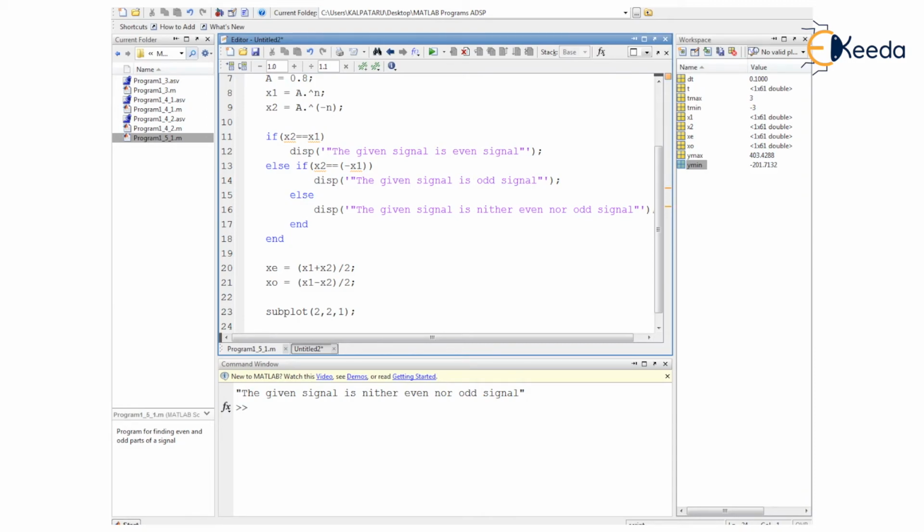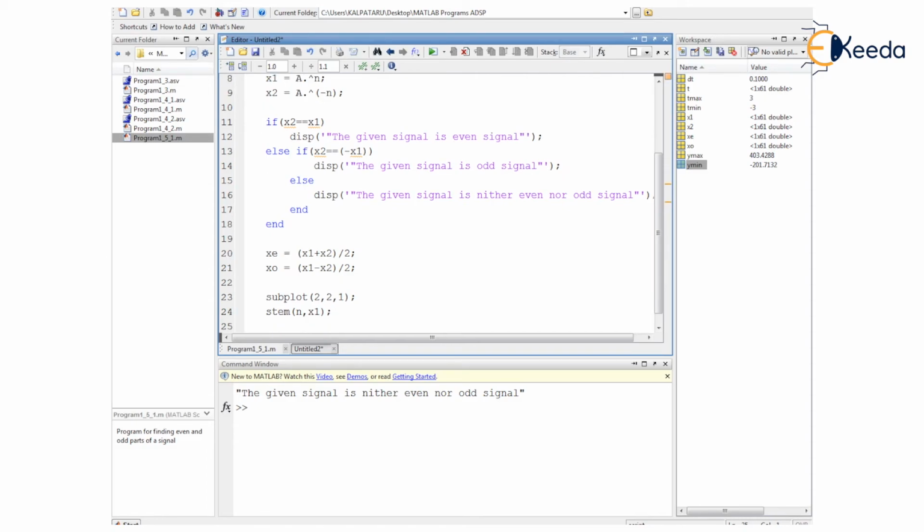Now as the given signal is there in discrete time representation, for the display of discrete time domain signal here, instead of the plot command that was for the continuous time signal, we have to make the use of stem command here. So now here we are providing the stem as a syntax, and the input arguments are the discrete time variable n and then the signal variable, that is x1 here.